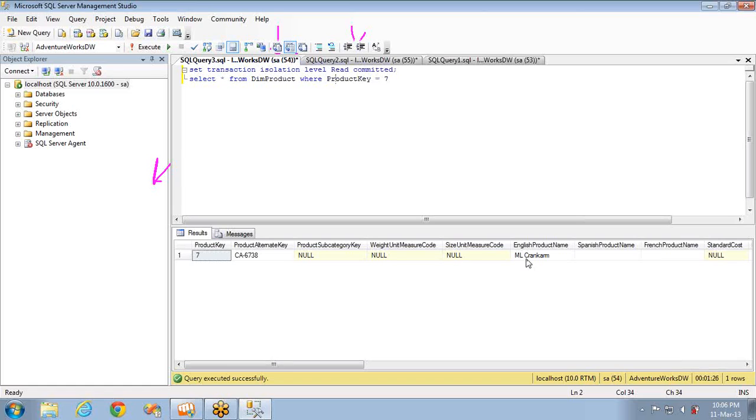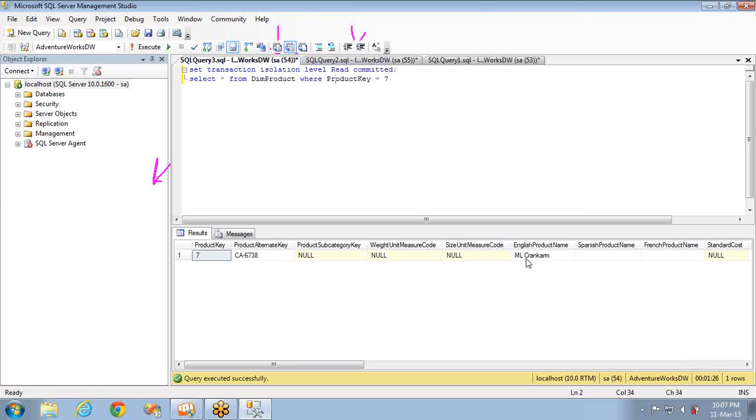Right? This is the advantage. Read committed will not read dirty data. If the other side is updating, you won't get that. You won't get the updated data until it is committed or rolled back. That is the advantage of this particular isolation level, read committed. It will make sure that no exclusive lock set by another transaction, which is executing in parallel, is blocking the read of data from the same resource.